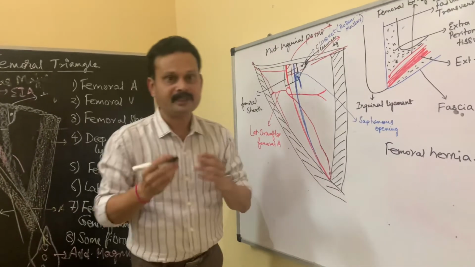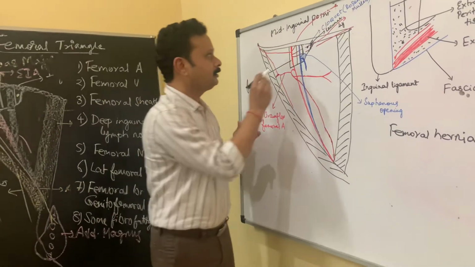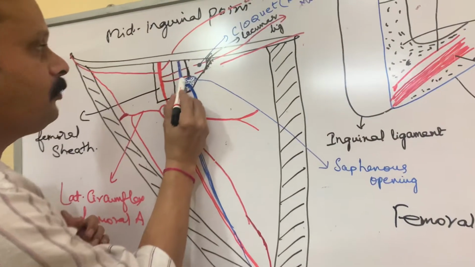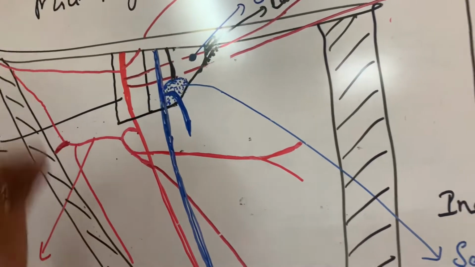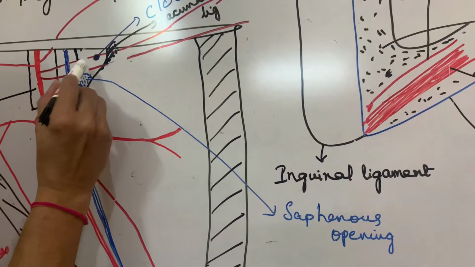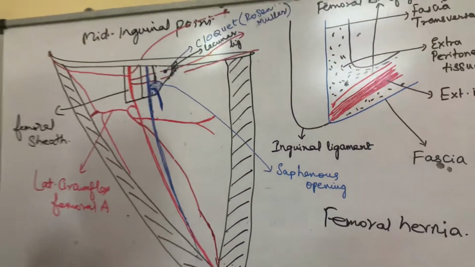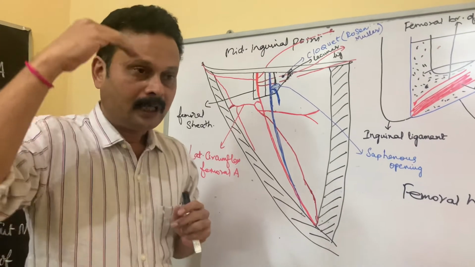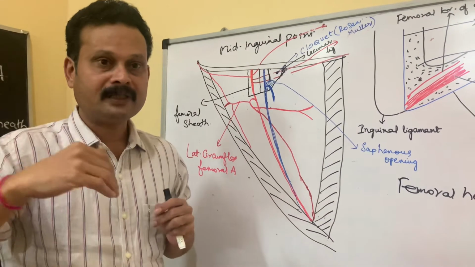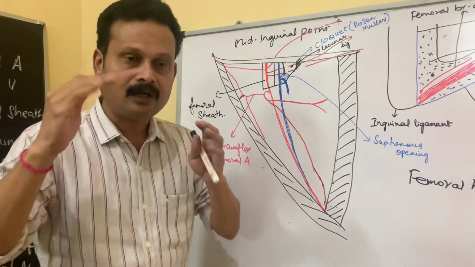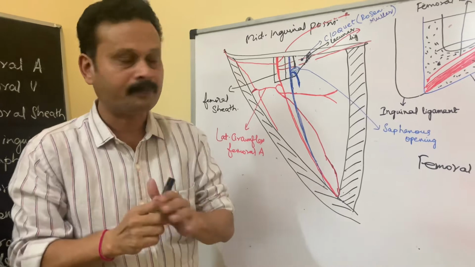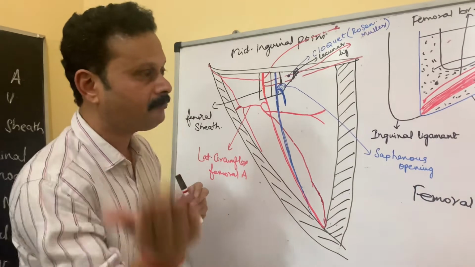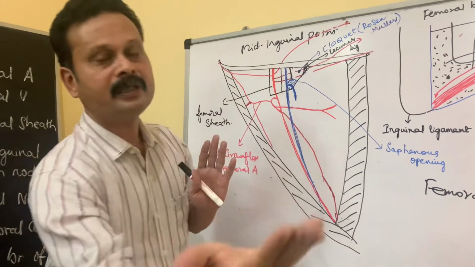Okay. Now what is this cribriform fascia? To know that, you need to know this one. This is the saphenous opening. The saphenous opening is a small opening seen in the lower and medial aspect of the femoral sheath involving the femoral canal, which is limited by the cribriform fascia. The upper falciform margin, the lateral margin and the lower margin of this saphenous opening are in line with the femoral canal. Only the medial margin extends beyond the femoral canal.